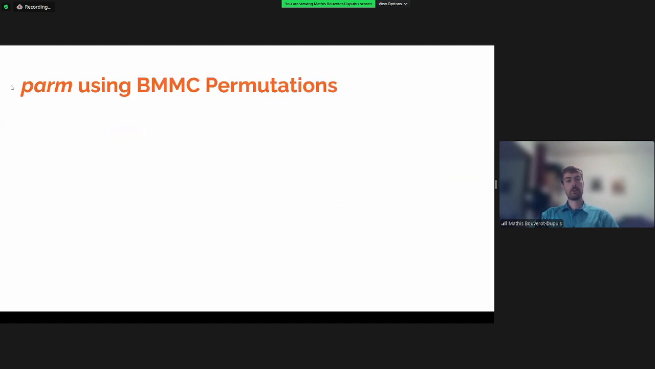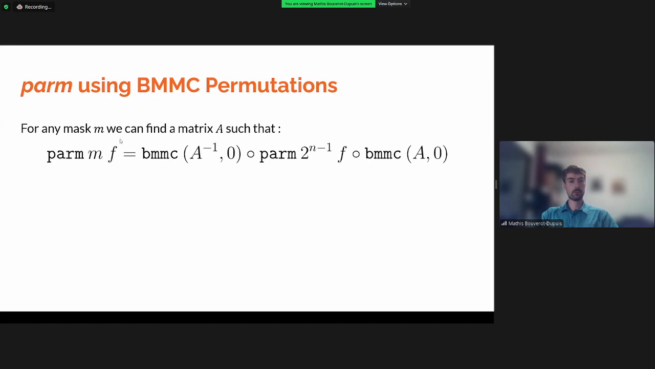Now, the link with BMMC permutations is in fact that one way to implement the POM combinator is to first permute the array xs such that the first subarray goes in the first half and the second subarray in the second half, and then simply apply the function f to each half. So written with a formula, this is how it works. For any mask M, we can find a matrix A such that applying POM can be decomposed as permuting the array, applying f to each half,